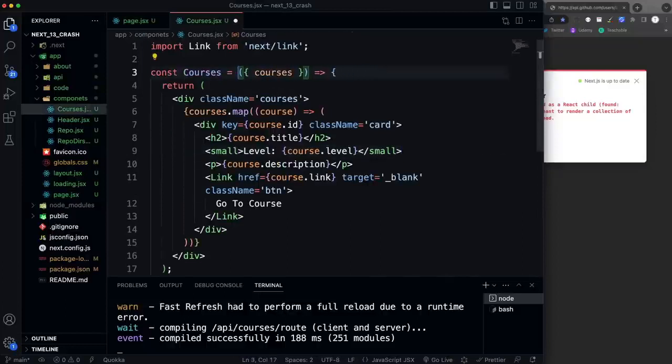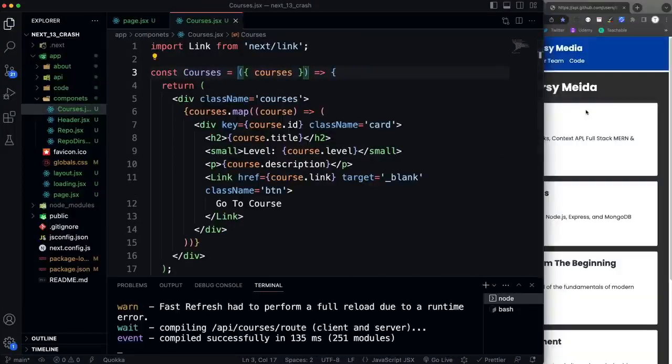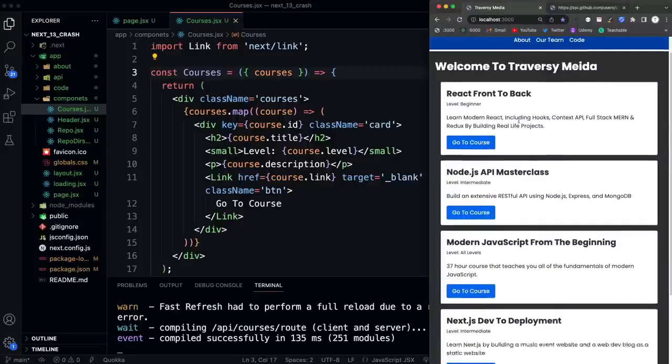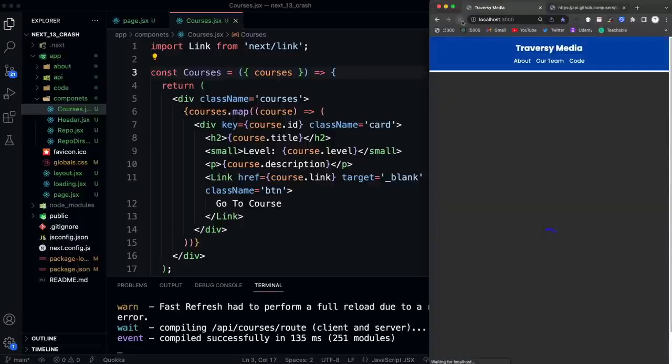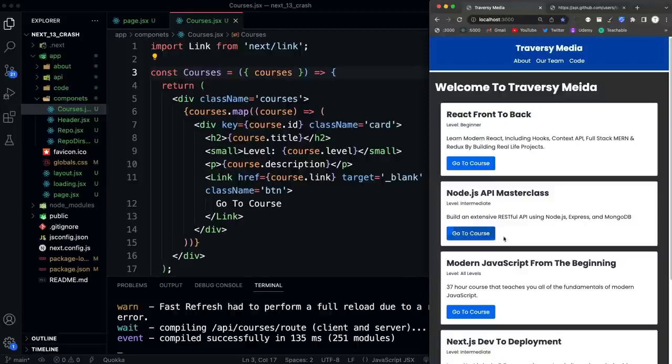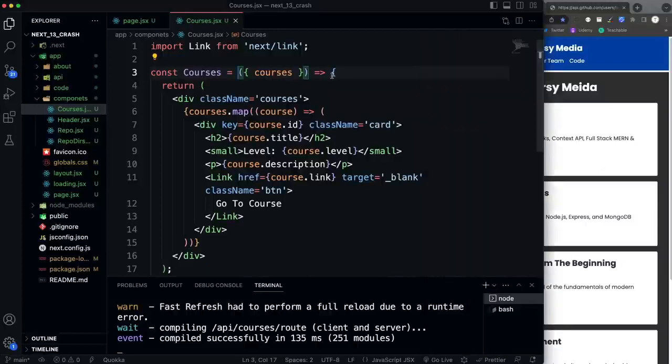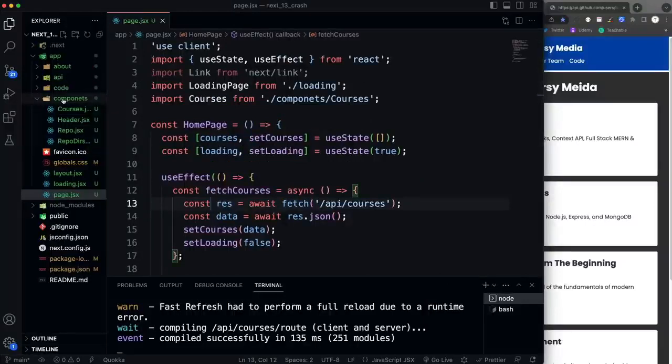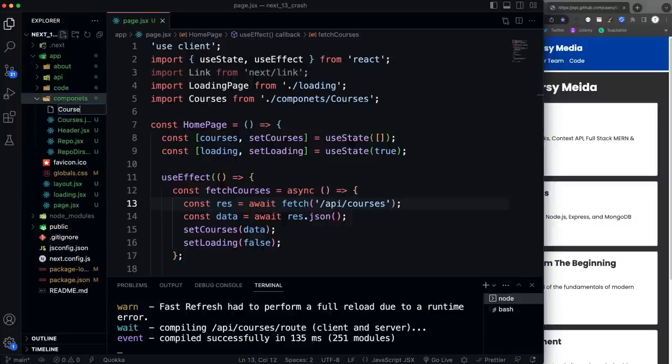This doesn't need to be asynchronous. There we go. Okay, so now we're getting our courses, but now this is happening on the client. So now what we want to do is create our search component. So we can close up that courses component, and let's create, let's say, course